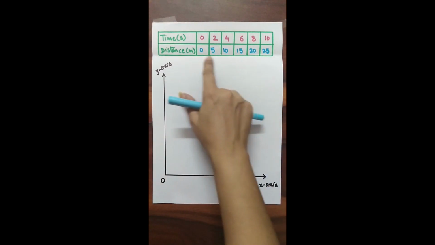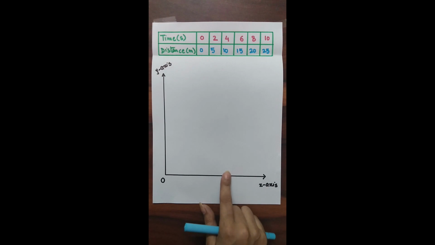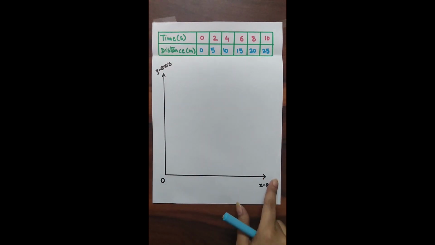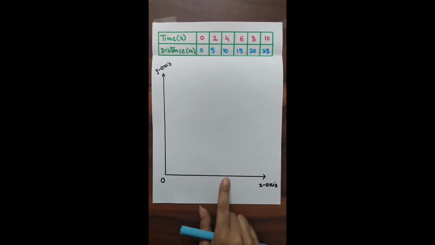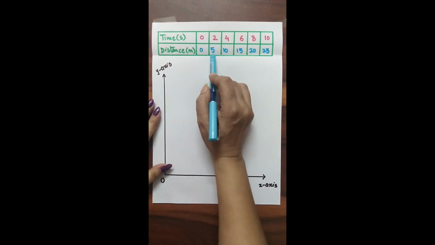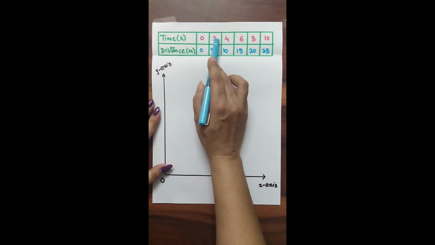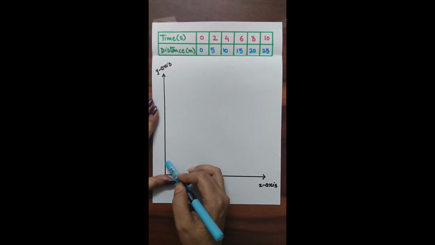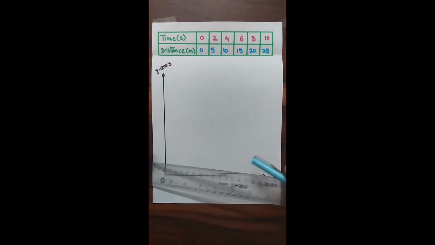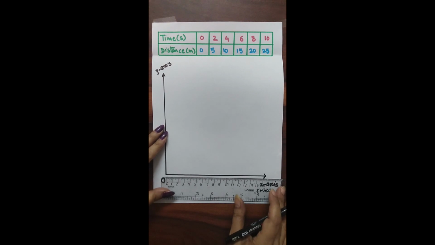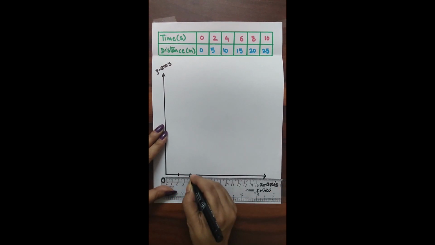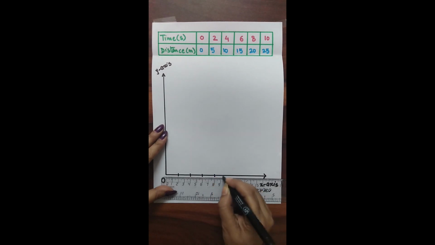Now, the quantities to be plotted on this particular sheet are generally larger than this paper. So, for each axis, we choose a convenient scale. For example, here if an object is moving and covering a distance of say 5 meters in 2 seconds, we cannot show 5 meters over here. So we will be choosing a particular scale, assuming 2 centimeters as I am taking here. So after every 2 centimeters I'll make a mark.